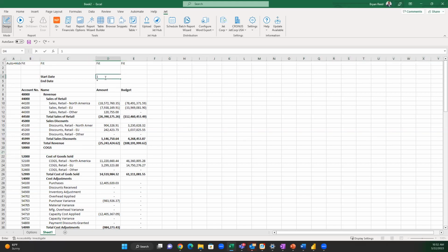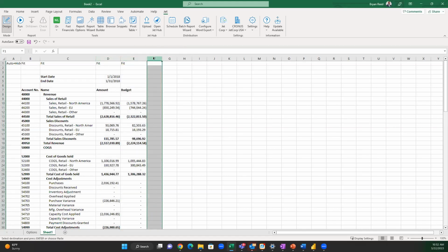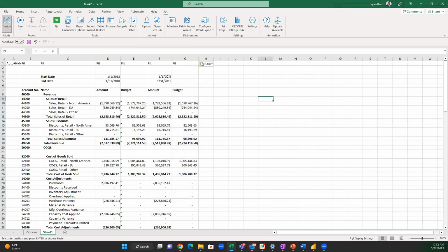So I am in my demo environment. I'm going to use 2018 because I know I have good data there. And we're going to start to give these numbers some context, everyone. Here. So now we see those numbers update dynamically for me, right? So of course, since we're in Excel, let's say we wanted to get more of an overview, visionary sense of it. I can go through here